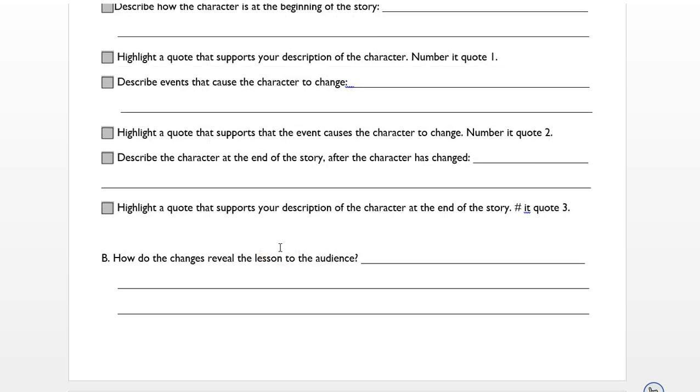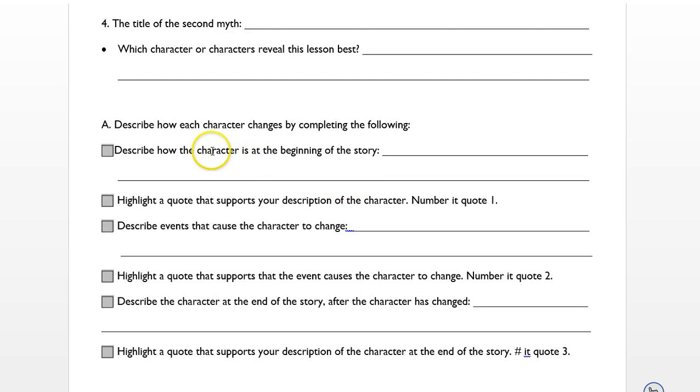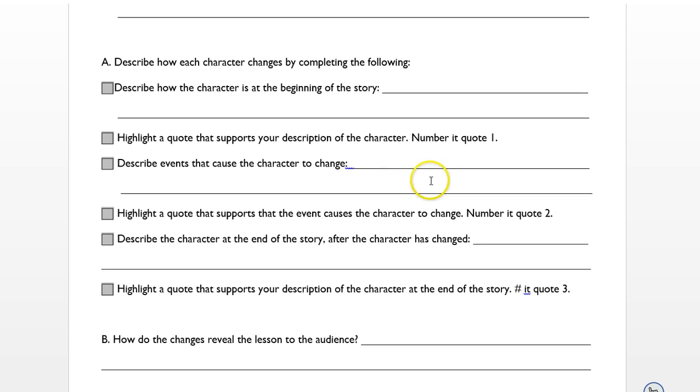Okay, and then we are going to do the same thing for the second myth. So that would be step 4. What's the second myth? Which character are you going to focus on? And then describe the character at the beginning, find a quote, number the quote, describe events that cause the character